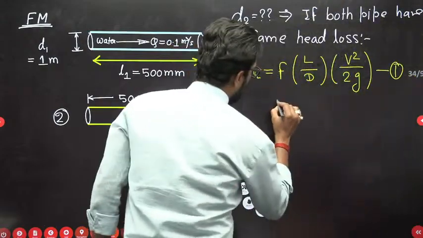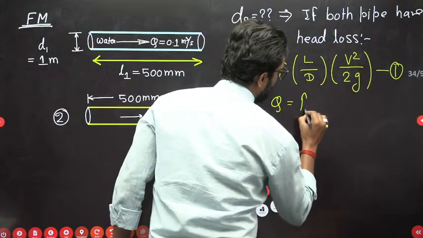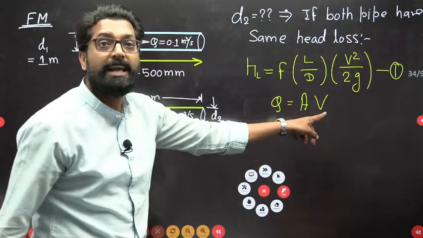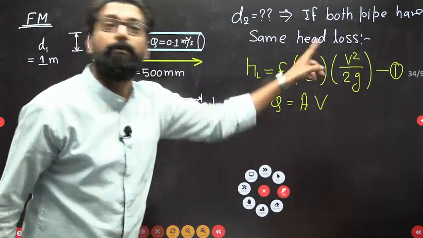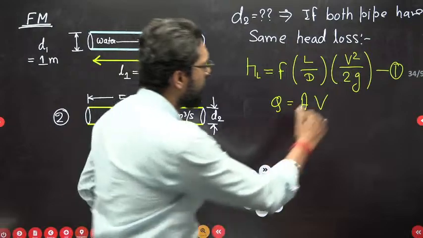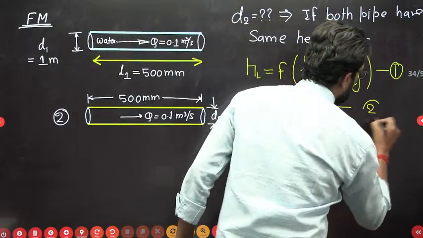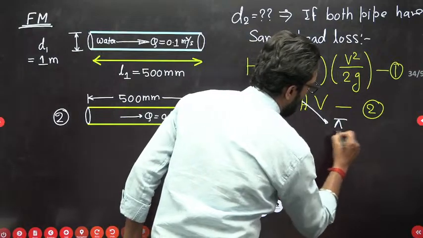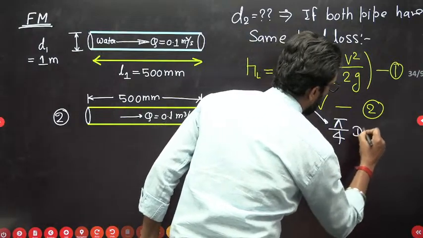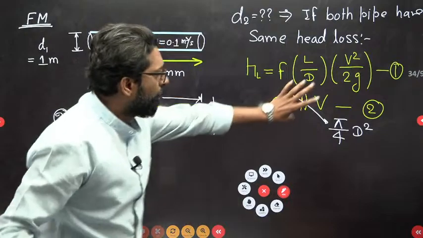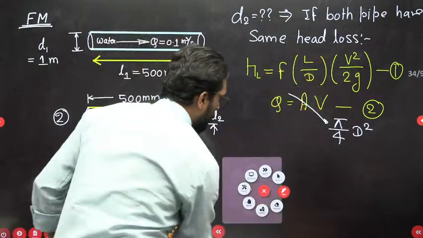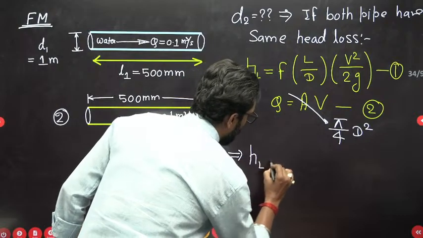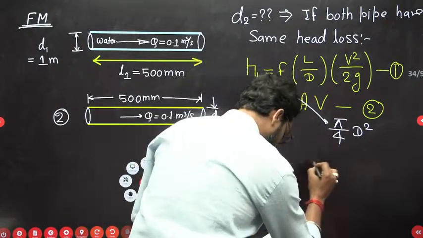You also know that discharge is equal to cross-section area into velocity of the flow. Mind it, this velocity is the average, constant velocity. Use these two equations. And what is the area? Use pi by 4 d square. Okay, so rearrange this. After rearranging, you have the relation head loss is equal to